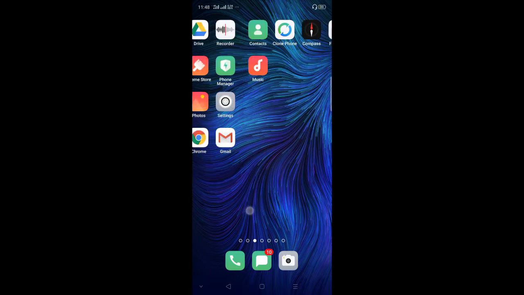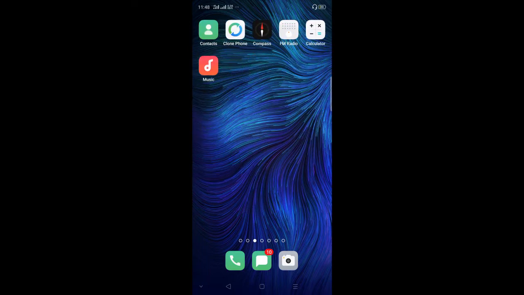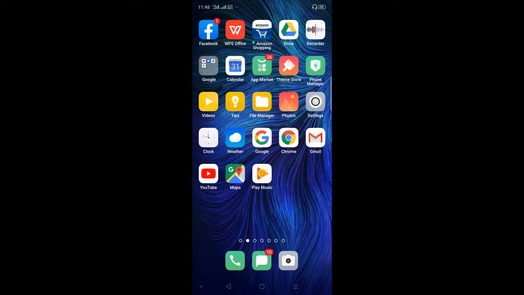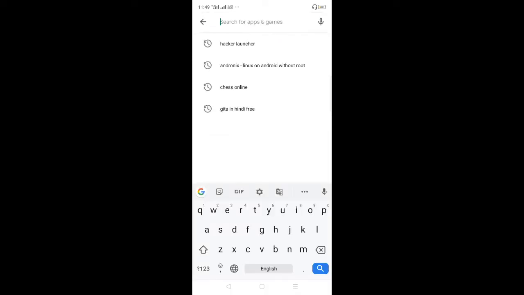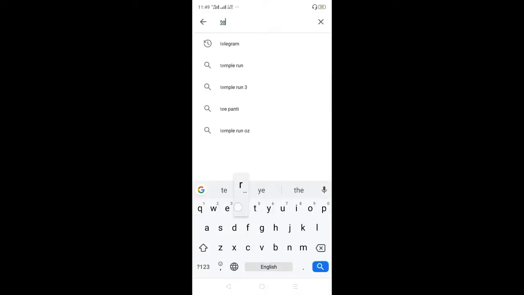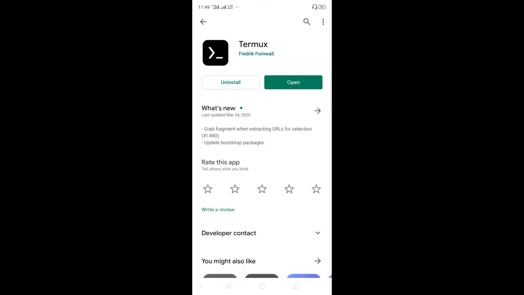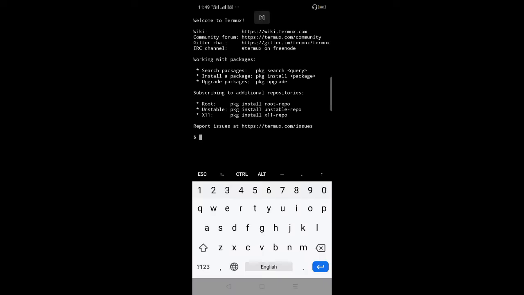Today in this video I am going to show you how you can run Ubuntu or Linux commands and access SSH from your Android phone. So first of all we need to open Play Store and search for the app Termux. As you can see, in the first row click on this Termux link. I have already installed this app, so I simply click on open,